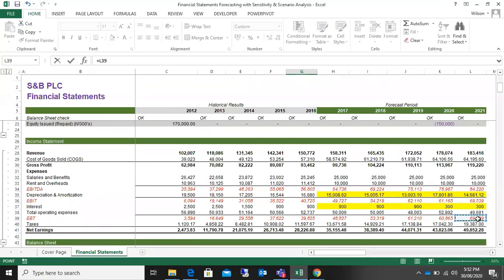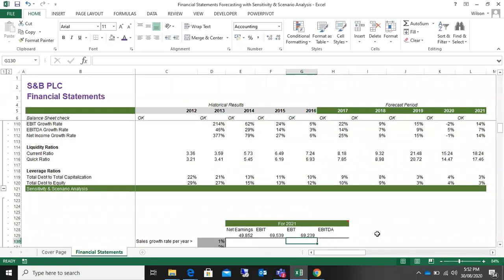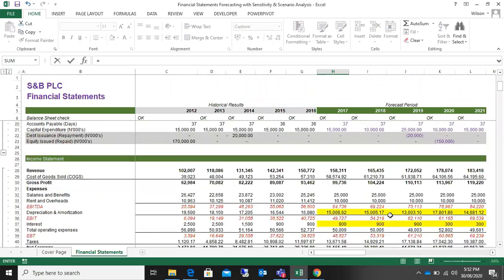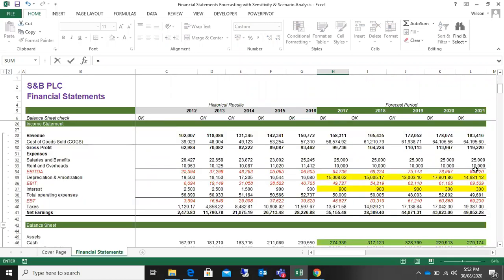And we are just using this as a scenario. You should take note of that. So it's not in all cases that you will see EBITDA, whatever. So this is just a scenario. All right, so EBITDA,